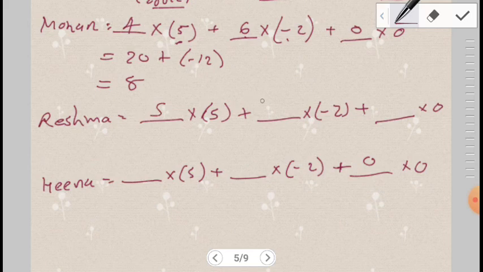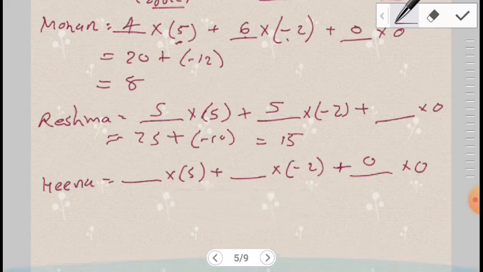For Reshma, 5 correct and 5 incorrect. So 5 5s are 25, plus 5 2s are 10, so minus 10. So here 25 minus 10, so there are 15 marks. She has got 15 marks